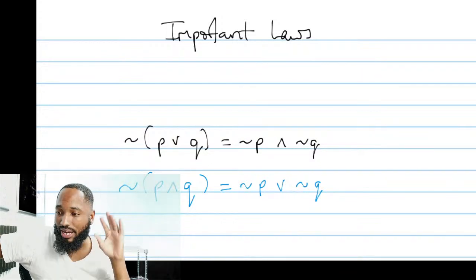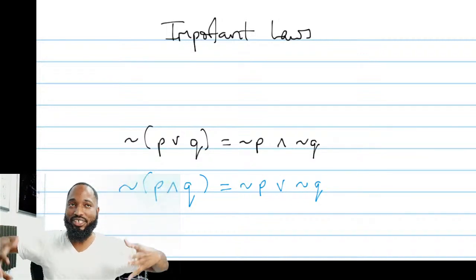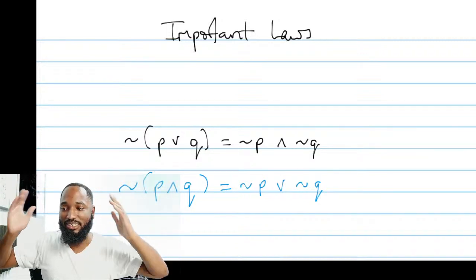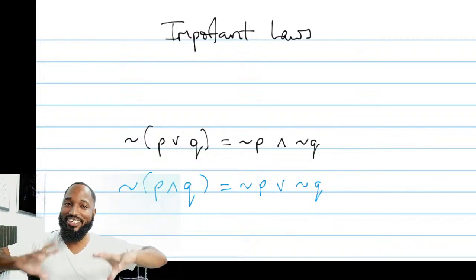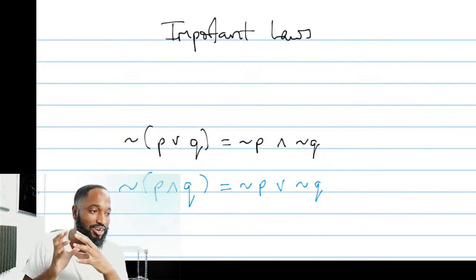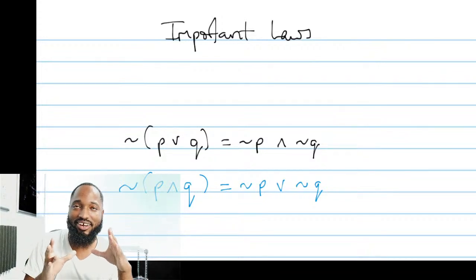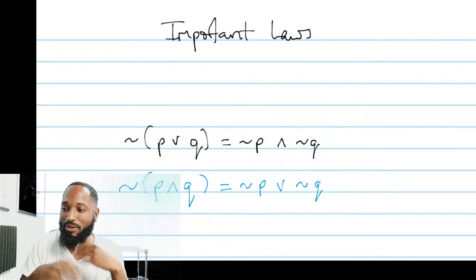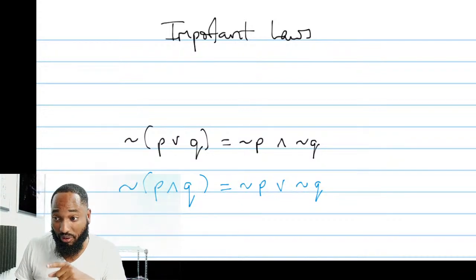This is De Morgan's law, and this is the one I want you all to think that you need to memorize. So you set yourself like, okay, this is the one I need to memorize. Now all the other laws you need to know too, but you're not thinking like you need to memorize them. Let me show you how the other laws are going to feel like you're not forcing yourself and beating up on memorizing them, right? Just keep in mind that this law is very, very important.